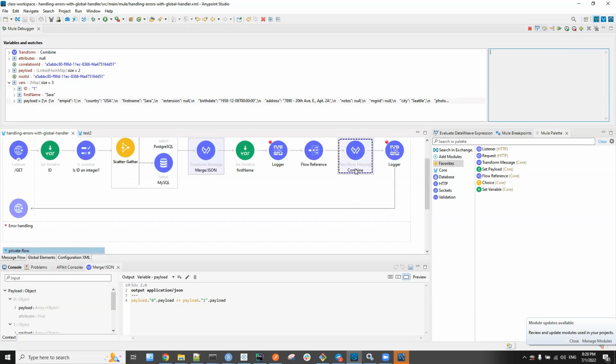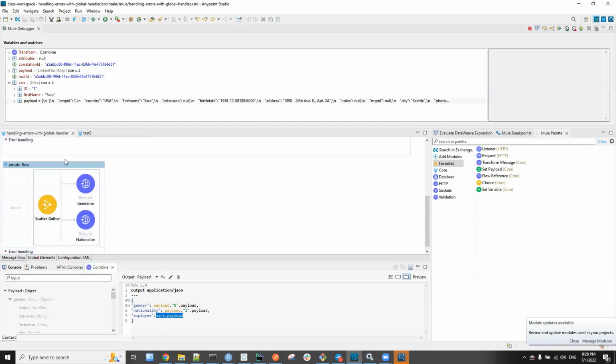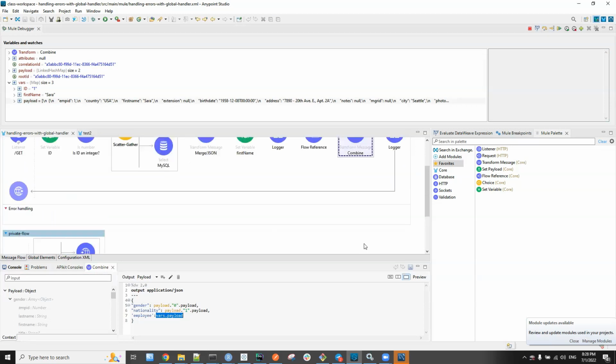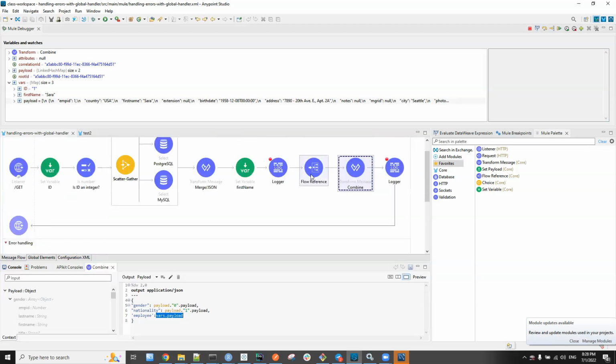Now here at the end in this transform message, I'm combining the gender, nationality, and what we got from the databases, accessing it using vars.payload. So the result from the private flow comes as a payload to this flow reference.